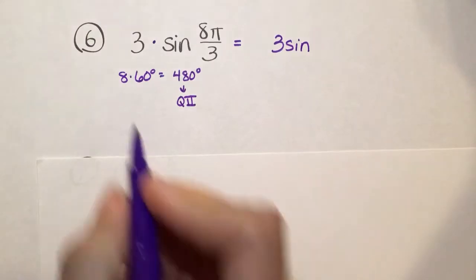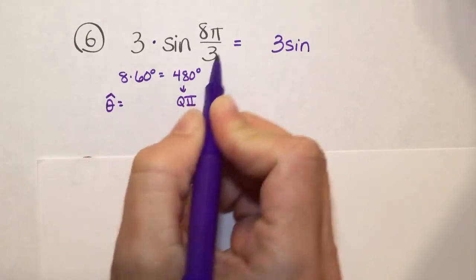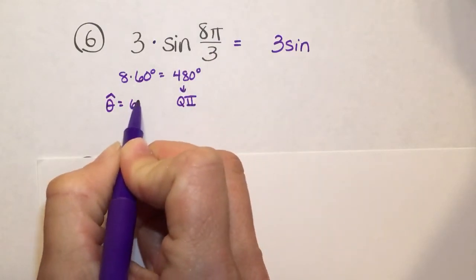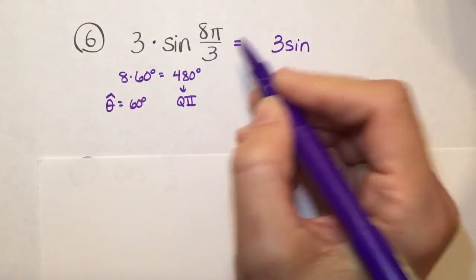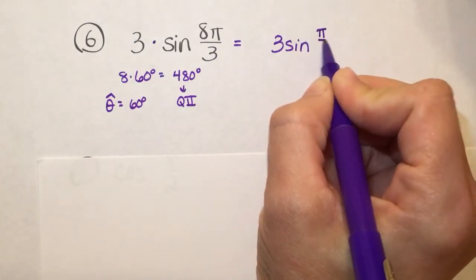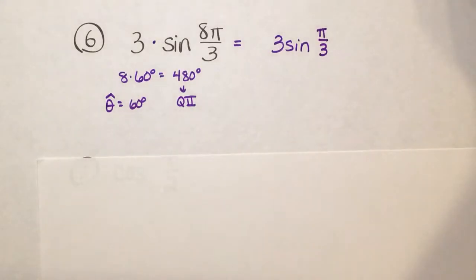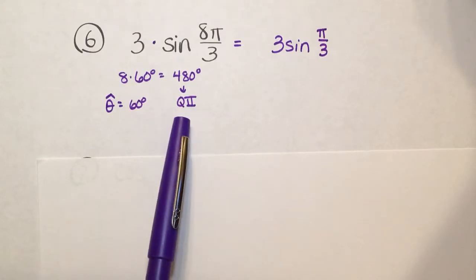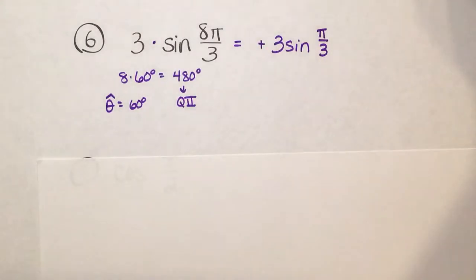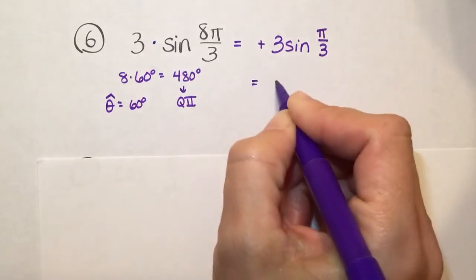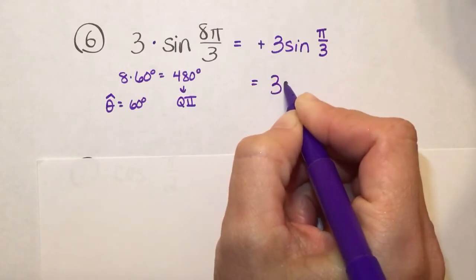Now your reference angle, of course, is the pi over 3, which is the same thing as 60. So I'm going to replace my 8 pi over 3 with my reference angle, which is, again, just pi over 3. Now, again, I figured out that I'm in the 2nd quadrant. My trig function is sine, which means this is just going to stay a positive 3. If you need to put a negative sign in front, then you just treat that as if it were a negative 3. So now what I have at this point is 3 times